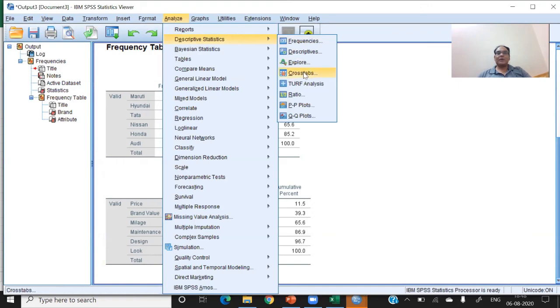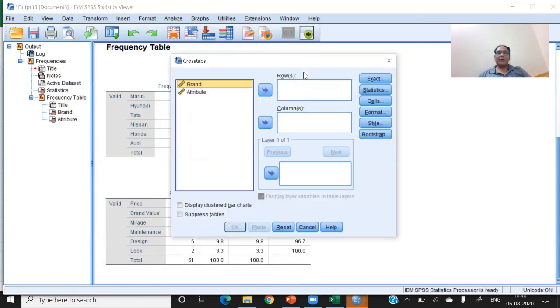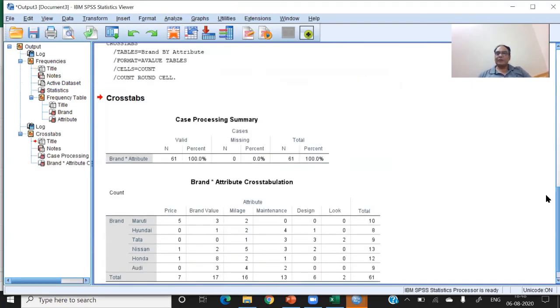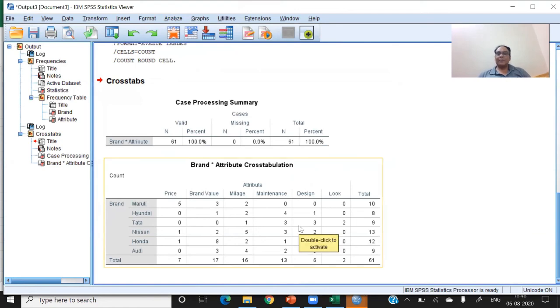This is the command for cross tabulation, and brand I'm sending to the row, attribute I'm sending to the column. Let me click OK, and this is the result. This is my summary table: out of 10 clicks, 5 are in the price, 3 are in the brand value, 2 are in the mileage, 0, 0, 0 in the others.